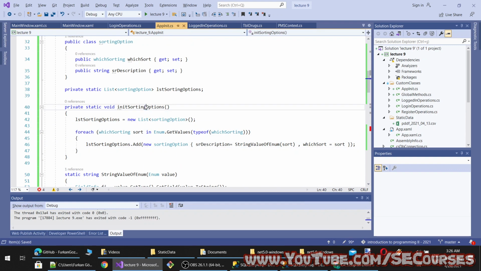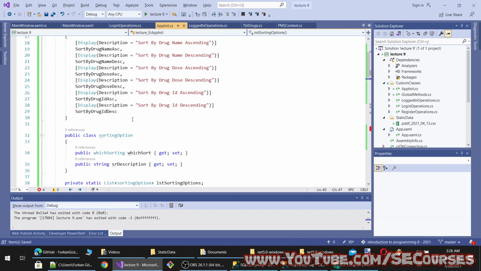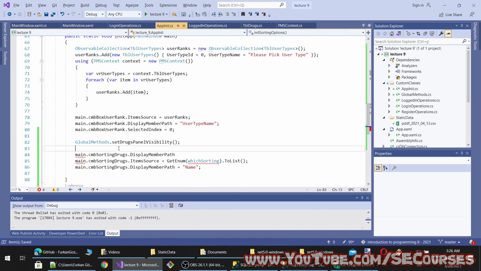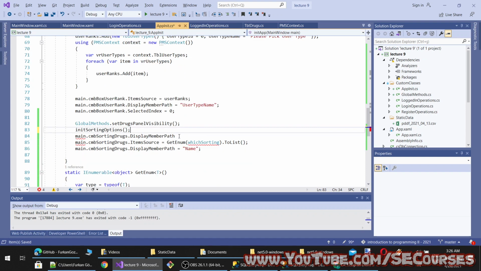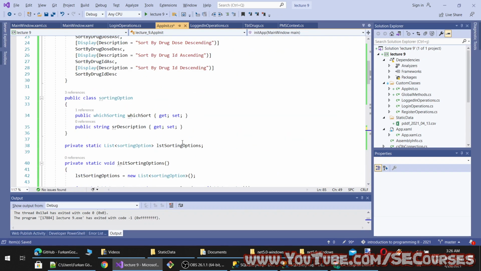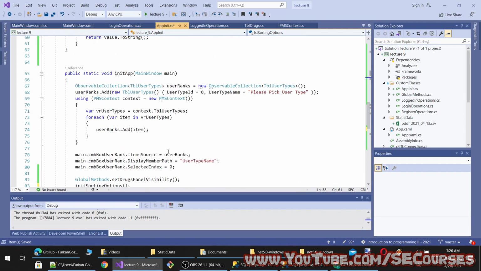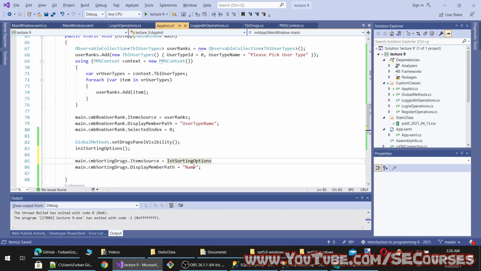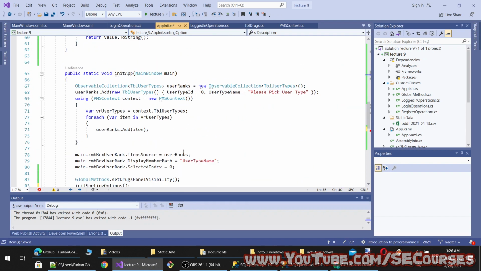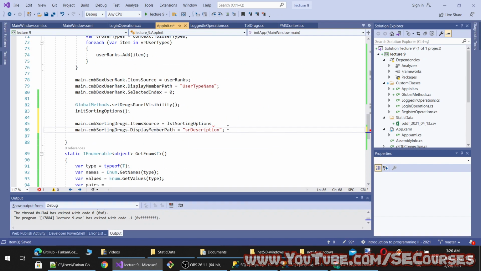Okay, and we need to call this in our init application here, and we will set item source equal to our list here, and the display member path will be equal to Description. Okay, like this.